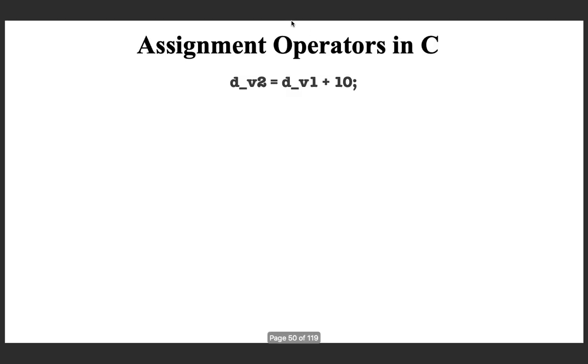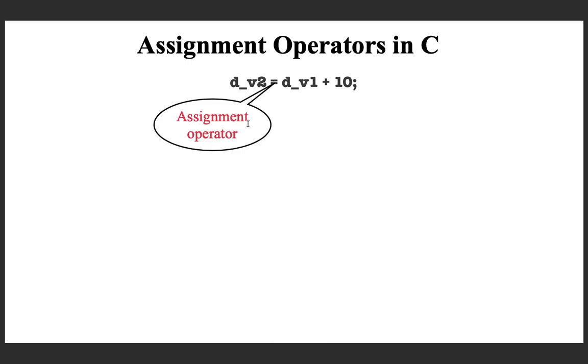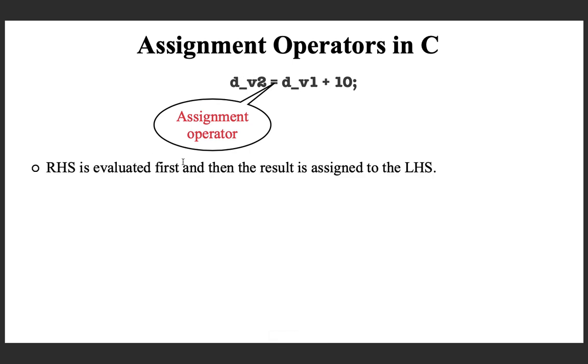And with this, now we are moving on to the assignment operator, which we already have used in all our programming exercises, but now we are going to see it very formally. Look at an example. So, this is the assignment operator, and what you are telling is compute the value of the expression in the RHS and then assign it as the value of the LHS variable. So, RHS is evaluated first and then the result is assigned to the LHS variable. So, the LHS must be a variable.